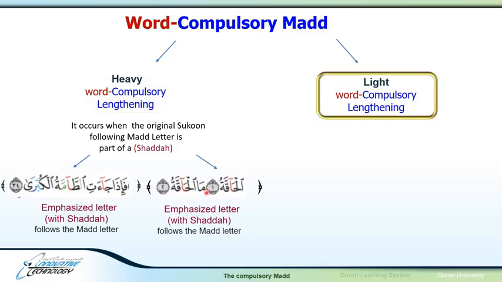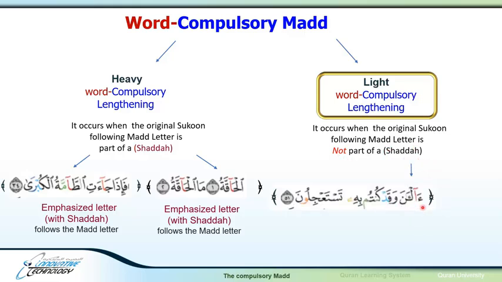In the heavy, it was always a shadda. In the light, there will be no shadda. So, it occurs when the original sukoon following the mad letter is not part of a shadda, as in al-ana. In here, the lam has a sukoon, original sukoon, but is not part of the shadda,